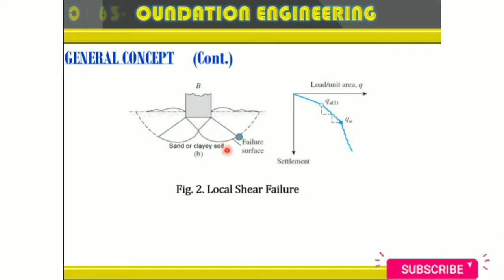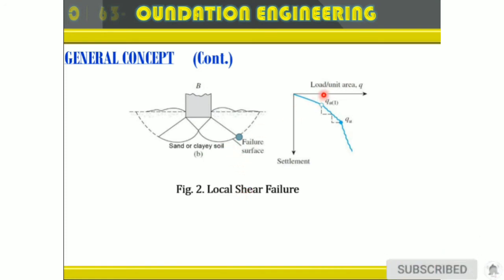Beyond this point, there will be a considerable increase in foundation settlement, and the load per unit area of the foundation, this Q1, is referred to as the first failure load, according to BSIC of 1963. And as you can see, a peak value of Q is not realized in this type of failure, which is called the local shear failure. Okay,